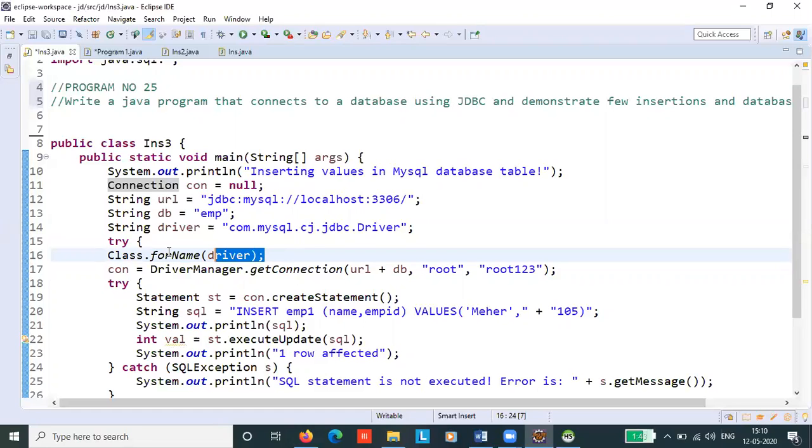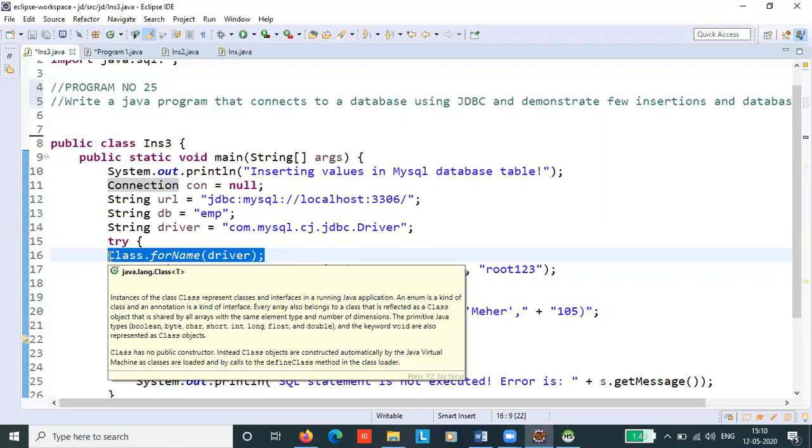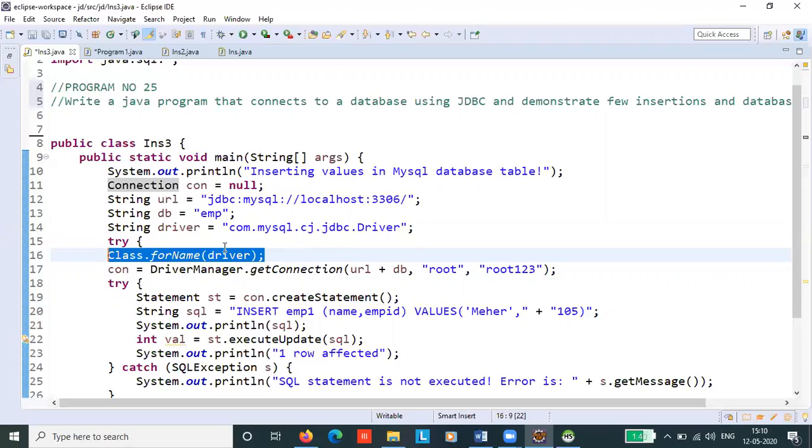The job of this forName method of the class is to register the driver class. This method is used to dynamically load all the driver classes. This helps in registering all the driver classes.